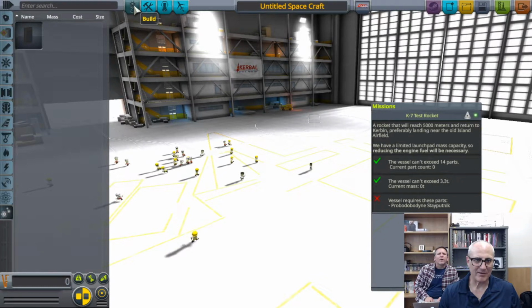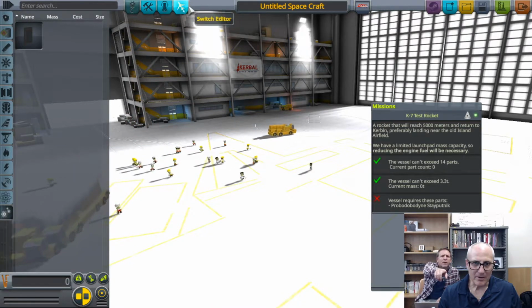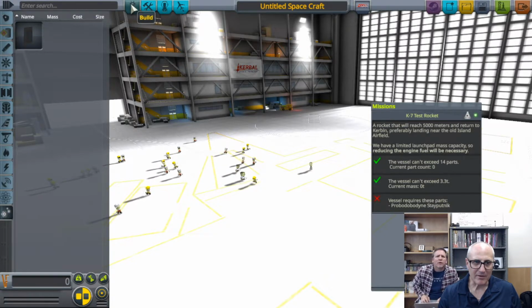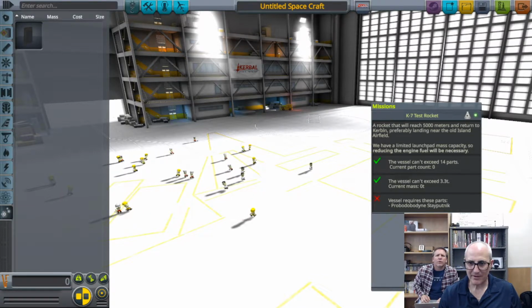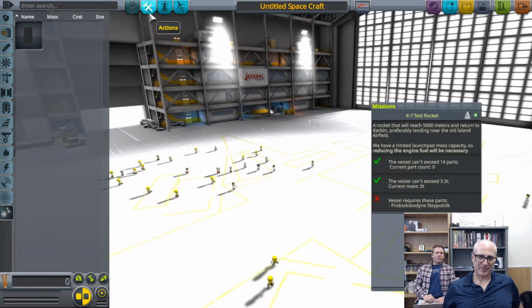No, it's the blue tab that says build on it. That build button. Keep going right there. Okay, build is it. It is already. Okay. Reset. Oh, yeah. There's nothing to reset. Okay, so you have a different